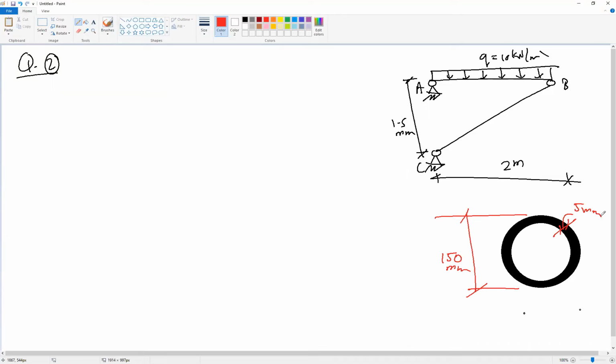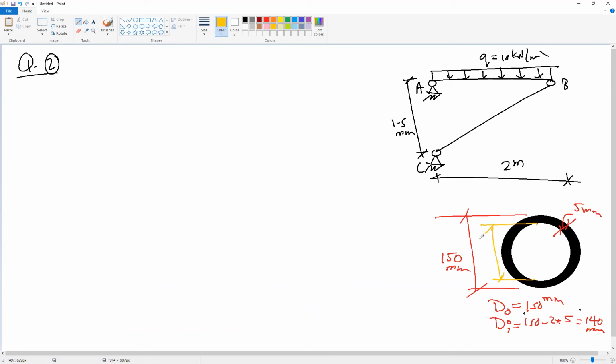So this means that the outer given to us is 150 millimeter, and the inner will be 150 minus 2 multiplied by 5, which gives us 140 millimeter. So the inner dimension